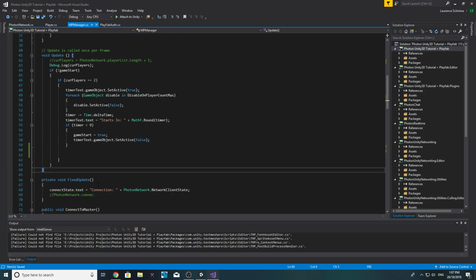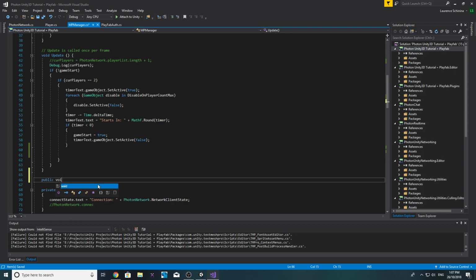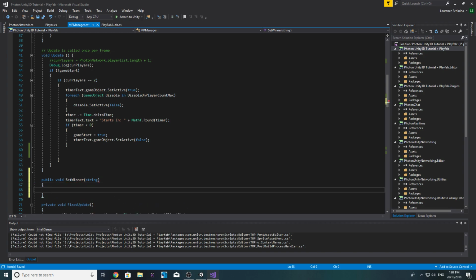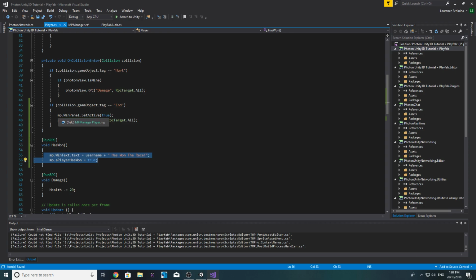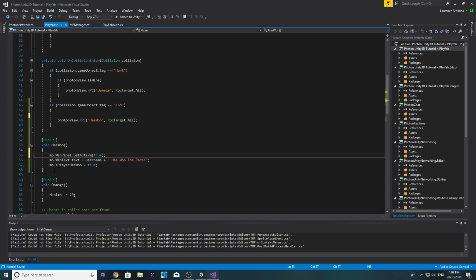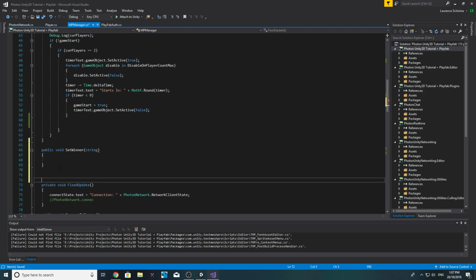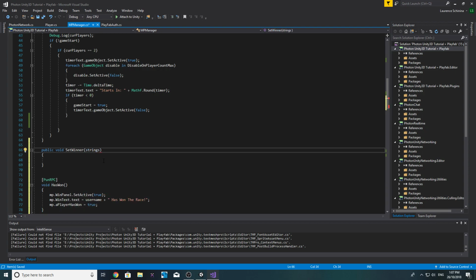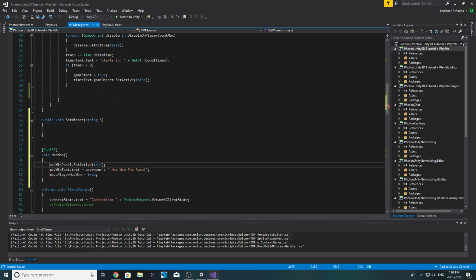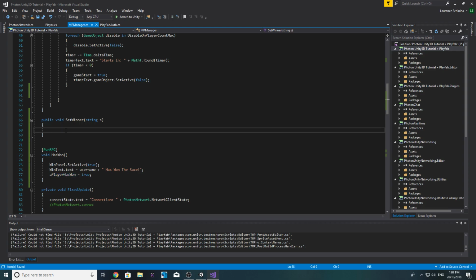Let's go over here in the MP manager, make a public void set winner, and we'll give a string, and let's go ahead and move the RPC onto the MP manager. Also, we want to do something like string s. Remove all the MP dot since we're inside the MP manager now. Excuse me, and inside this function we'll do Photon view